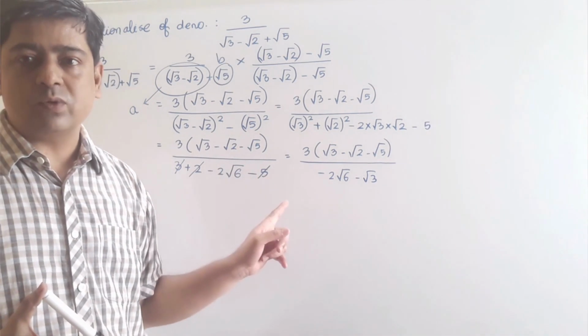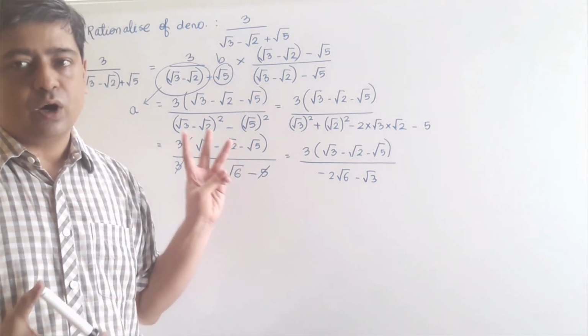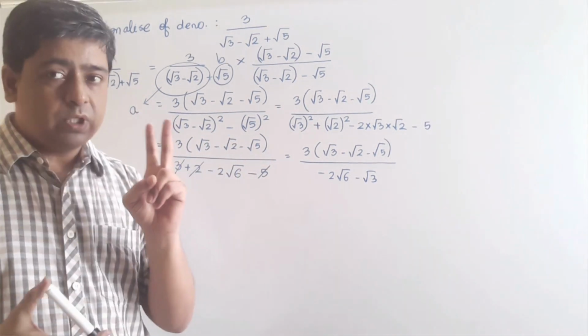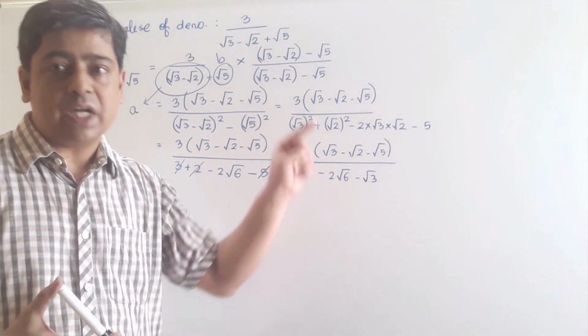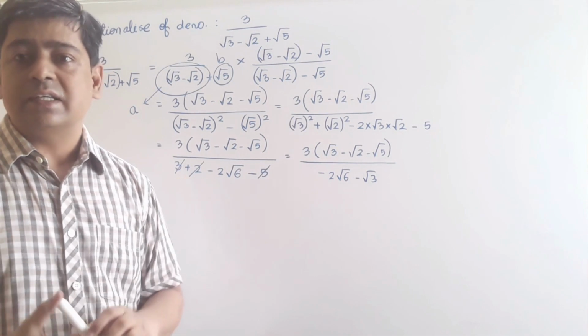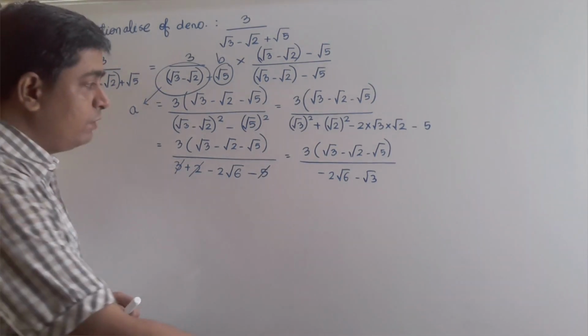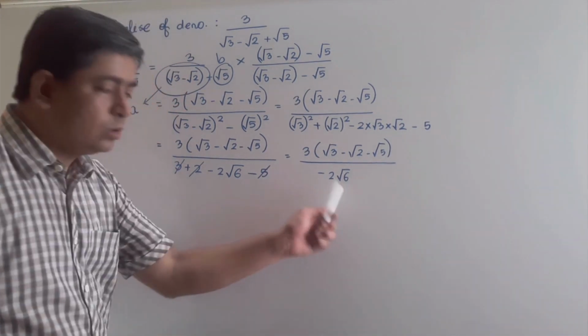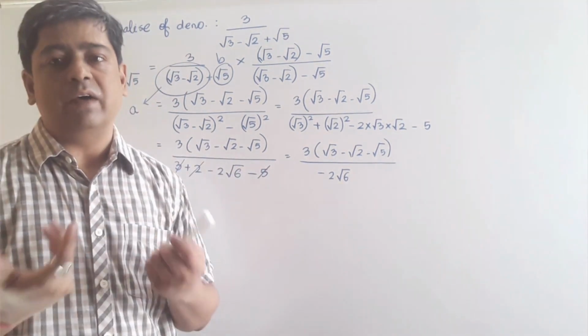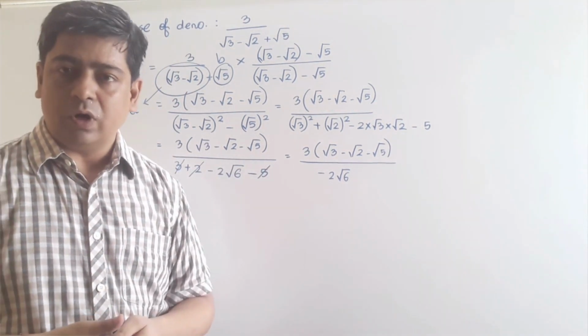This is a little advanced question where we are rationalizing a denominator with 3 terms. So 2 term questions you have done. Treat this question now as a 2 term question and start doing it in the same manner. However, we are lucky that we got only 1 term here. So now only root of 6 I have to rationalize. So I will multiply and divide by root of 6.